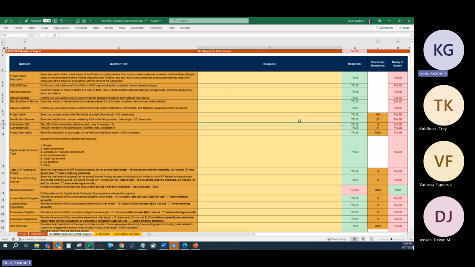Or one with a lower character count, for example, if we exceeded the character count, then we'll see a negative number, and you want to make sure that that is not negative, because that's indicating you've exceeded the character limit. Finally, you'll want to refer to column M, which essentially states whether a question is ready to submit or not. And you want to get all green trues here, and that will indicate that your worksheet is fully ready to